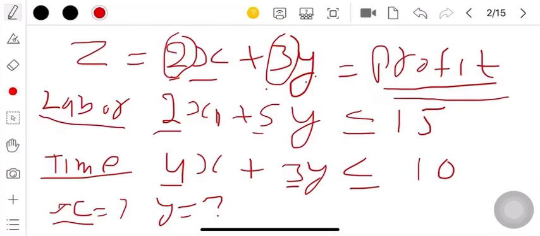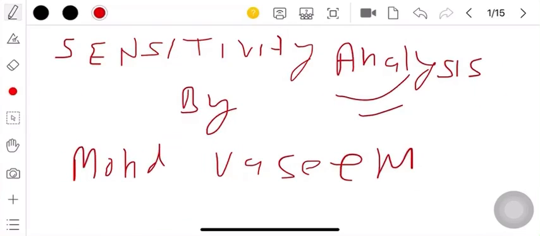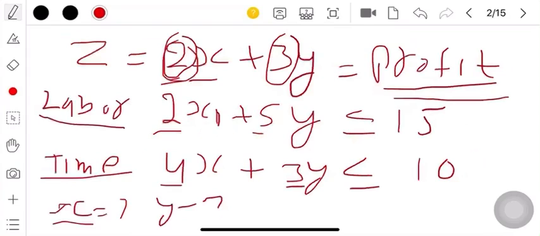The second concern is, suppose we have taken a wrong parameter. Suppose this was not 2, but we found the optimal solution by taking the value 2, and later on we came to realize that the value is not 2. In these situations sensitivity analysis comes into the picture. What sensitivity analysis does is it tries to find the optimal solution over the change of the parameter, for a particular time.